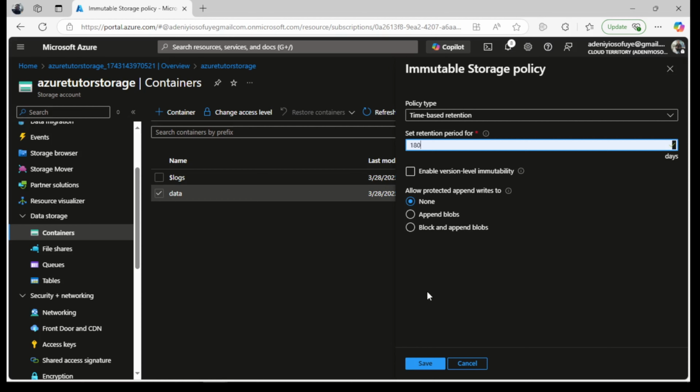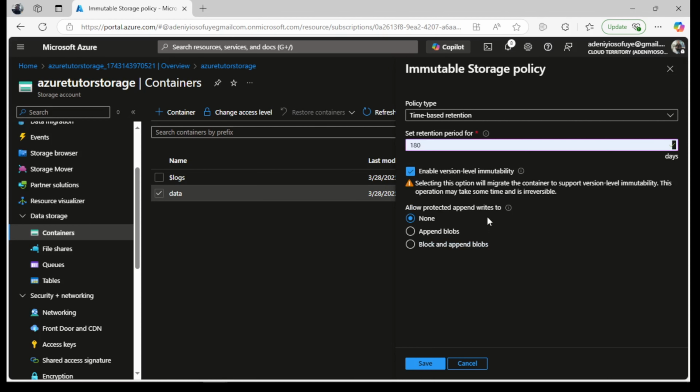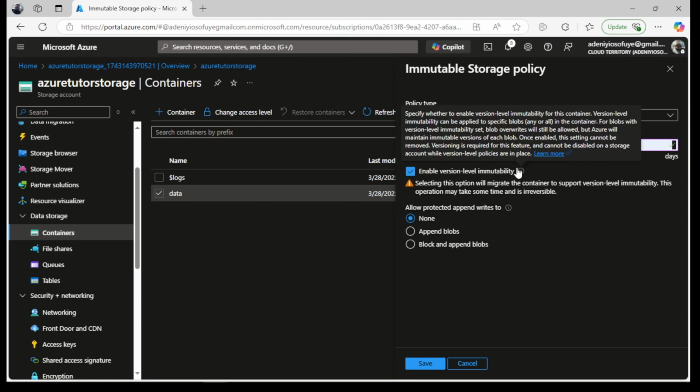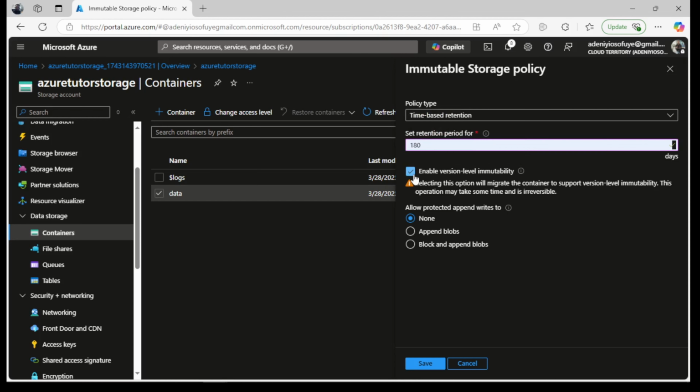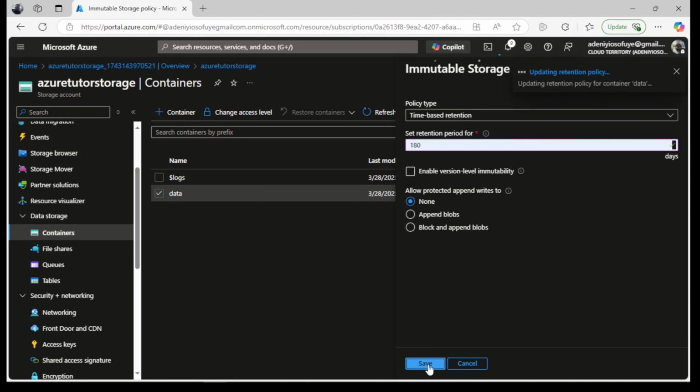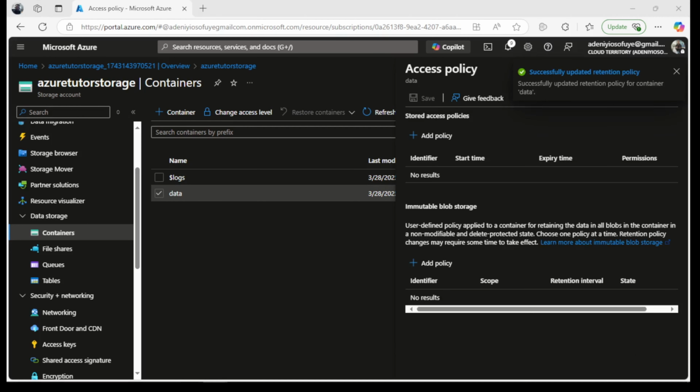So here it is your choice. You can either enable version level immutability or leave it. It is your choice depending on the type of project you're working on. But for me, I don't think this is necessary. So you can always read through all these things that you see on Azure Portal just to have a better understanding of what it does. So I don't need that, I don't check that, and I'm saving the policy,